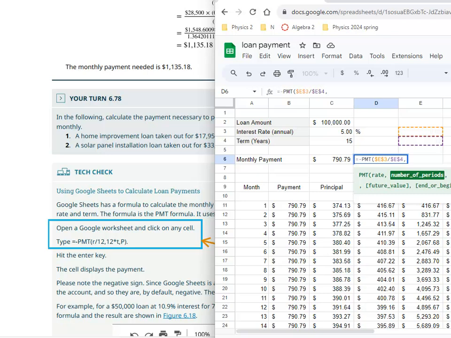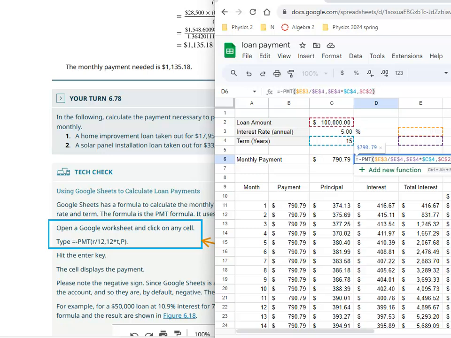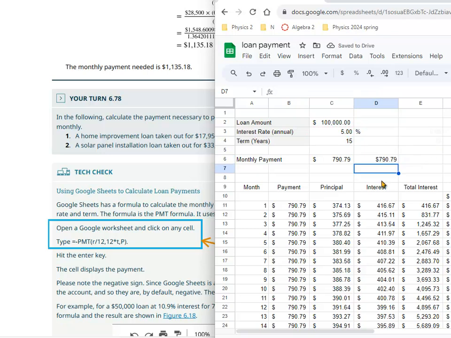I have the E4 here, so I need to do that again. So E4 times the time, so that's 15 years in this example here, so that's the cell C4. And notice it highlights it again, comma, and then the total payment, that's the cell C2. Again, $ here. There we go, C2, parentheses, hit enter, and lo and behold, true enough, Google Sheets actually has that kind of payment formula in here, which is the same as this